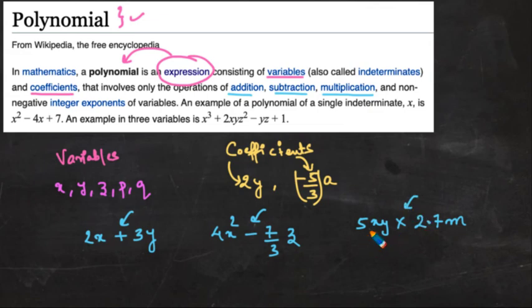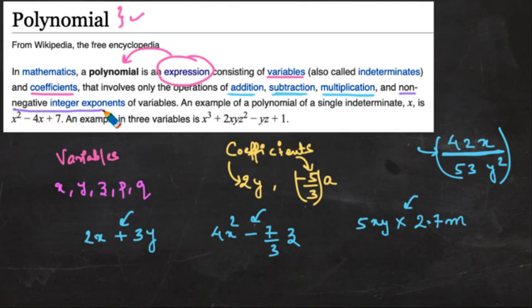But what's not valid is, let's say, 42x upon 53y squared. This is not valid because we have a division here. So a polynomial would never consist of any expression that involves such division. It will only involve addition, subtraction and multiplication. Now let's come to the most important part here,